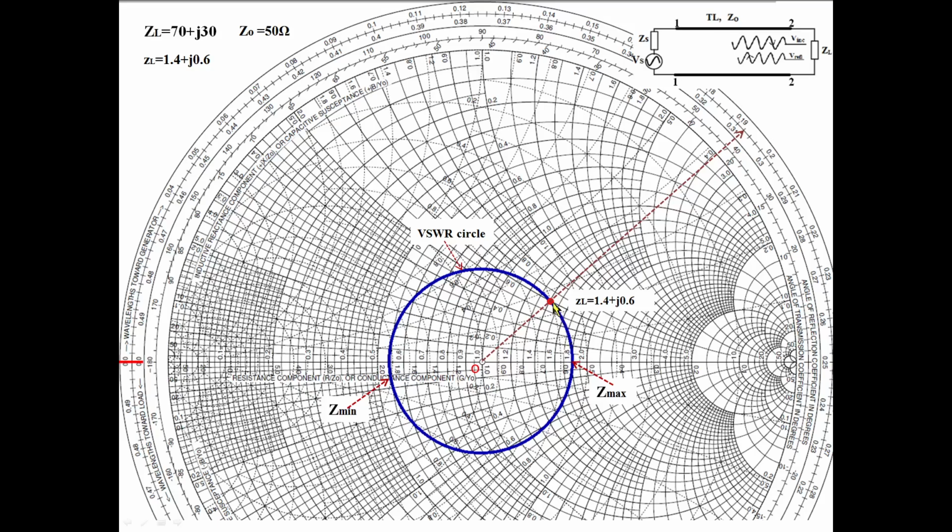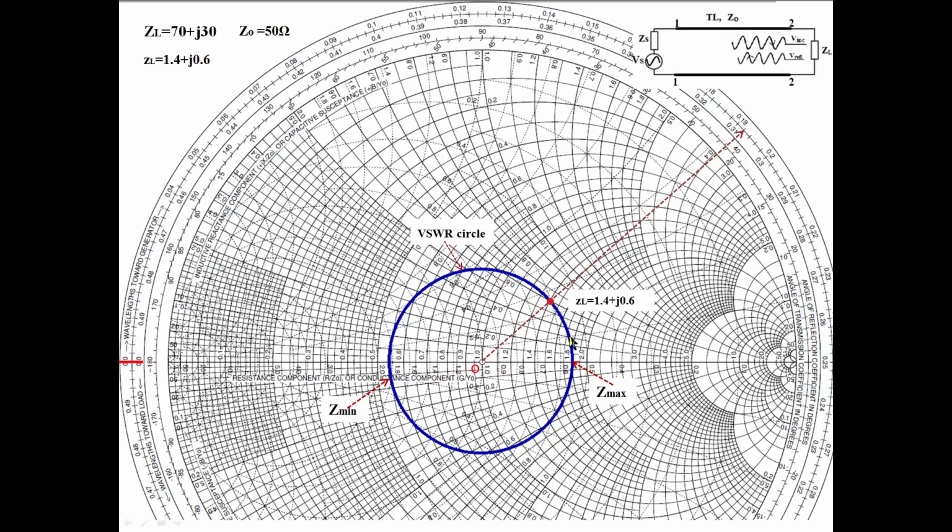See, as you move like this, starting from the load here, moving clockwise means we are moving on a transmission line towards the generator. For example, I stop here somewhere. Assume I traveled some distance. I want to find out what the impedance is here. How do you find the impedance at this position? I don't know the distance yet; we will see how to measure it. But I traveled some distance and stopped here. What is the impedance at this position? How to read that?